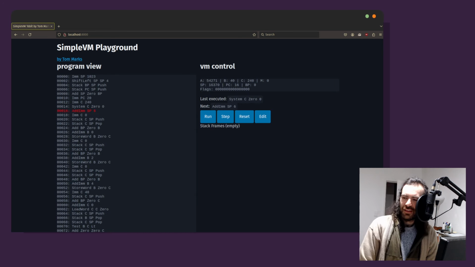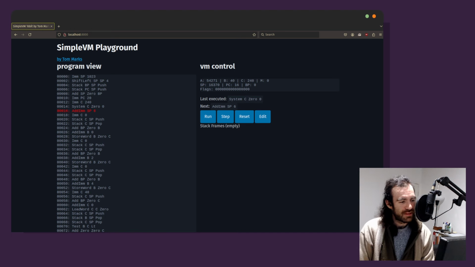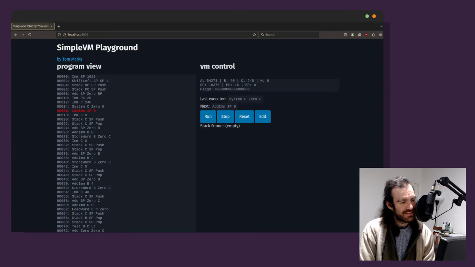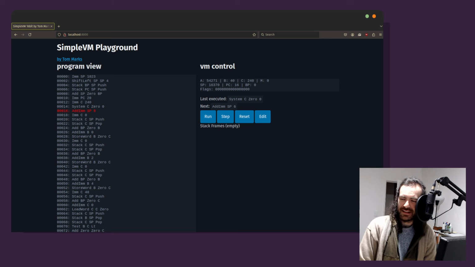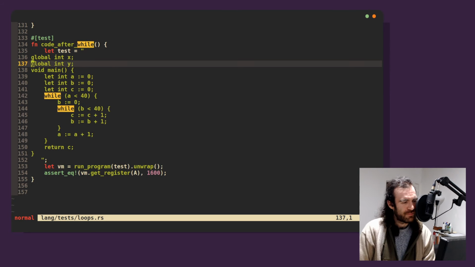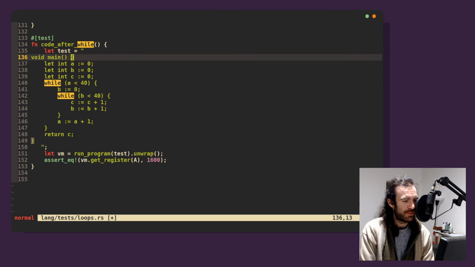Which is, we end up with a different number in A, right? We end up with a weird number in A. Something weird happens when you run this in the browser. And I think I might have almost fixed this. I might actually have to go and do some soul searching and offline work to make this work. But I think next stream, potentially, if this does actually work, if maybe this was just weird global label offset problems,